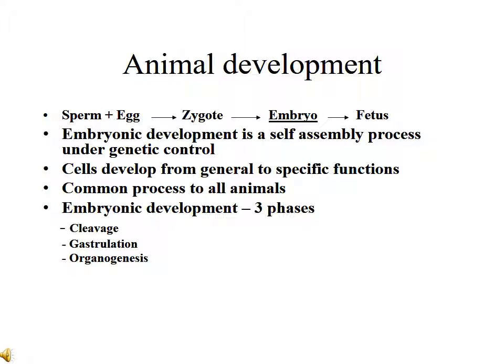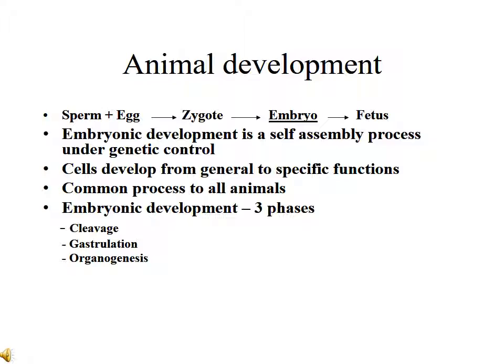Now, cells develop normally from general to specific functions. General functions lead to a very specific function, like the function of a nerve cell. As we said before, there's a common process to all animal development, which also carries over to humans. If we look at the embryonic development process, there are three parts to it: cleavage, gastrulation,